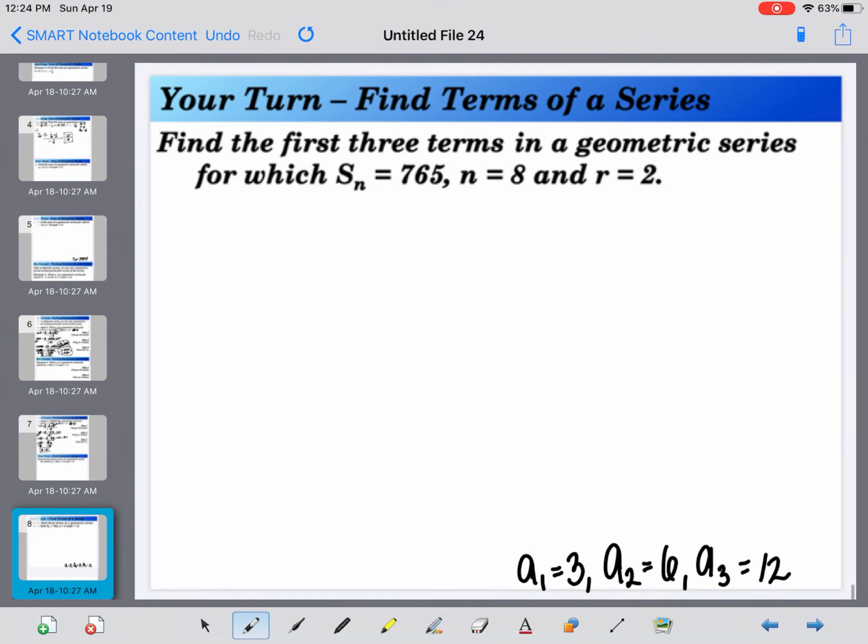Here is your turn for this type of problem. Your final answers are written there on the bottom. This is probably the hardest problem of this whole video. Make sure that you can do this before you move on to your next assignment. If you have any questions, you want to